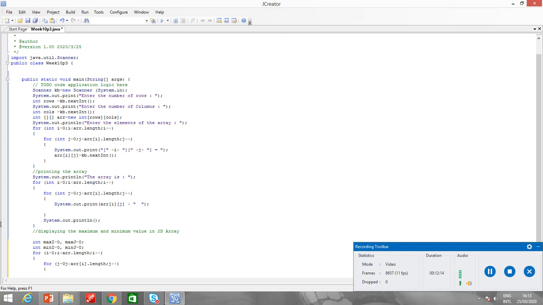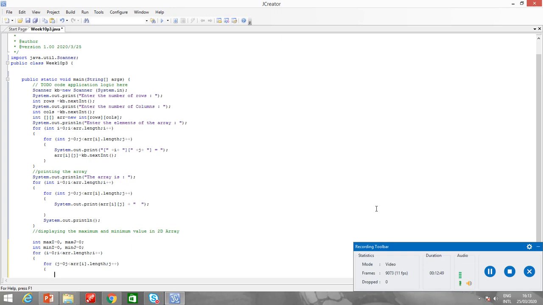So here we have declared maximum value as 0 and minimum value as 0. Now every element of the array we will compare with this max I and max j value. If a particular value in a particular cell is greater than our max I, max j value, we will put the position in max I and max j, and same thing for the minimum. At the end we will just display the higher value. So the code is the same except that it's a 2-dimensional array, so we have to take care of both